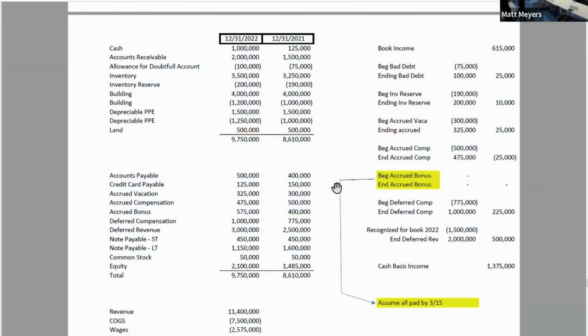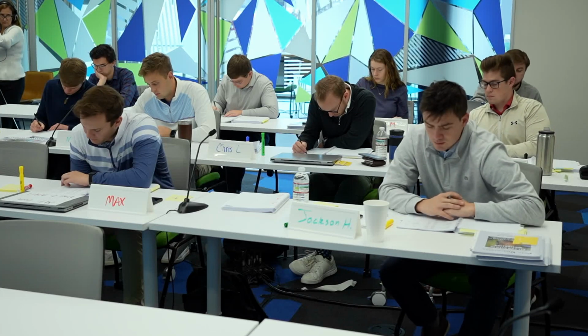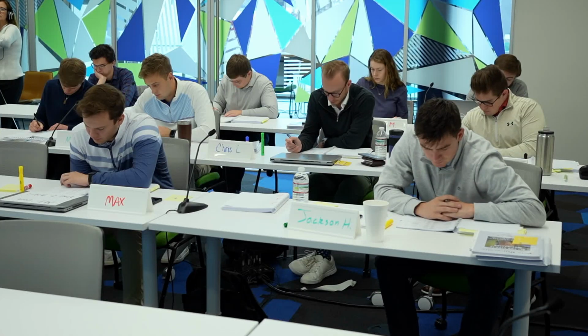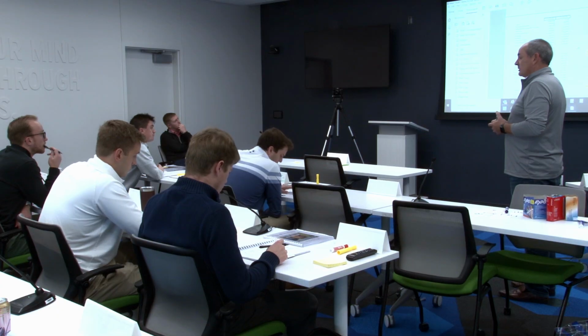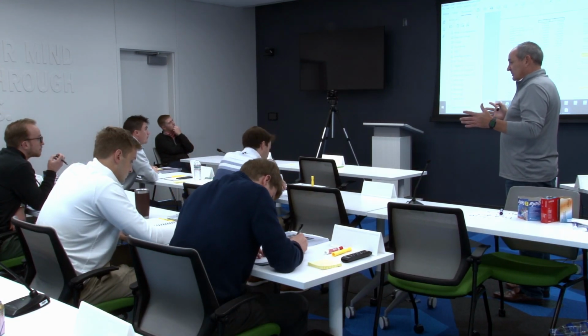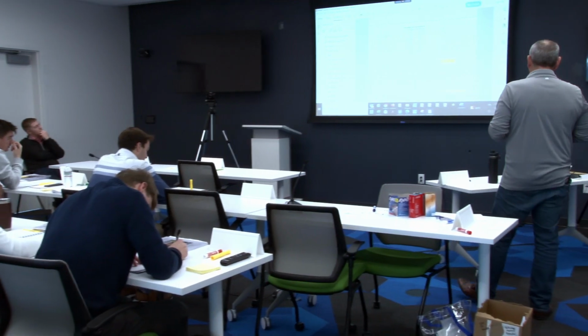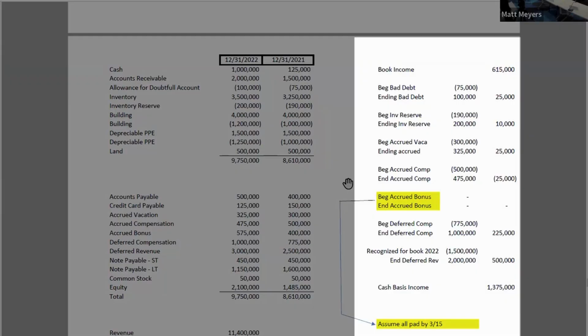Okay, so I think this might be accrual method, M-1s. Jackson, what do you think about this? Where do we always start when we're doing our M-1 calc? We always get our book income. We always start with our book income because book income has every GAAP accounting method in there to quantify what that number is. Now we have to figure out what our different tax accounting methods are to arrive at the variance to arrive at taxable income. So what's that first one? Looks like we're adjusting the bad debt. Yep.